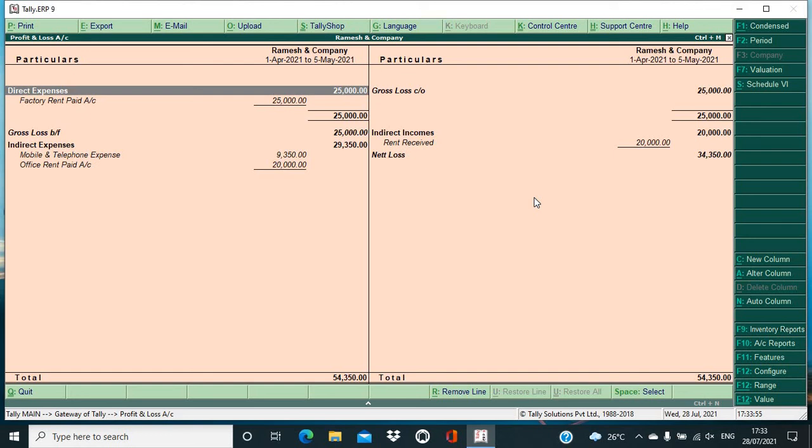Okay friends, I hope this concept must be clear regarding the difference between rent paid of factory and